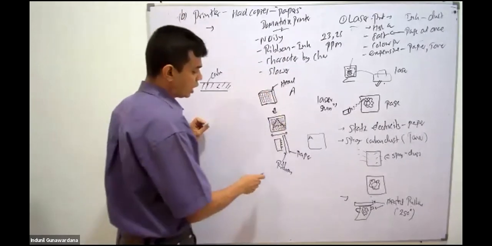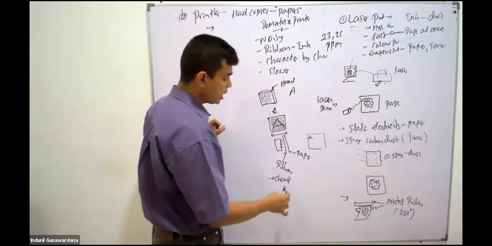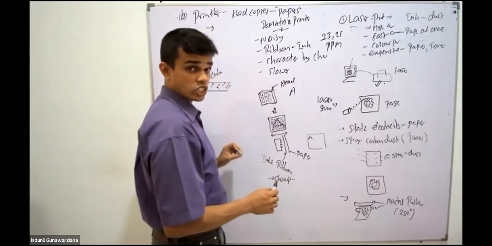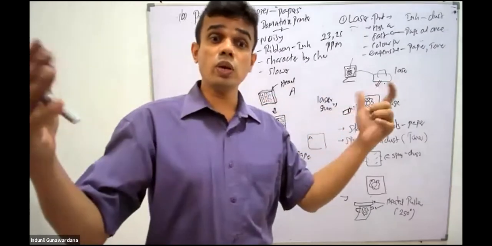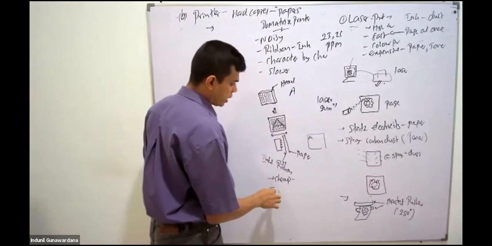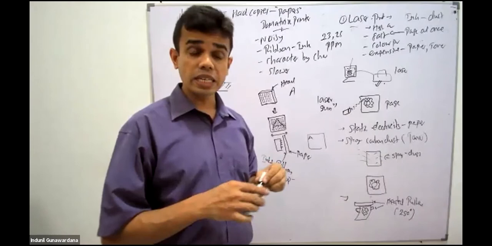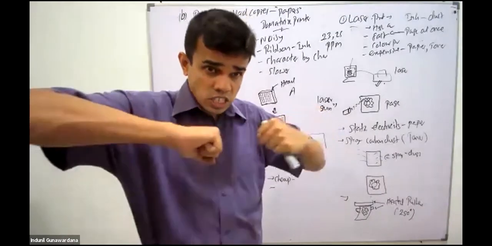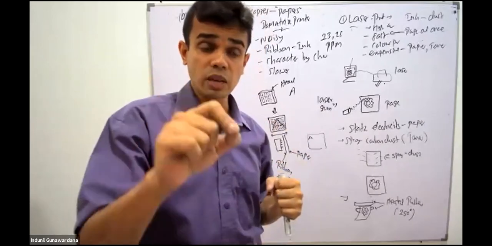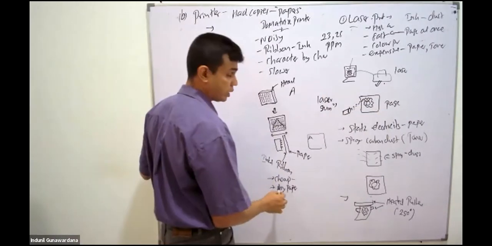Then regarding the other features, this is very cheap in printing. Why? The ribbon is very cheap. This ink ribbon is cheap, and from one ribbon we can produce a large number of printings. That's good. On the other hand, what about the paper we can use? Is this paper heated like the earlier one? It is just compressing, so you can insert any quality paper, even demi paper, the normal photocopy paper. So any paper is accepted.